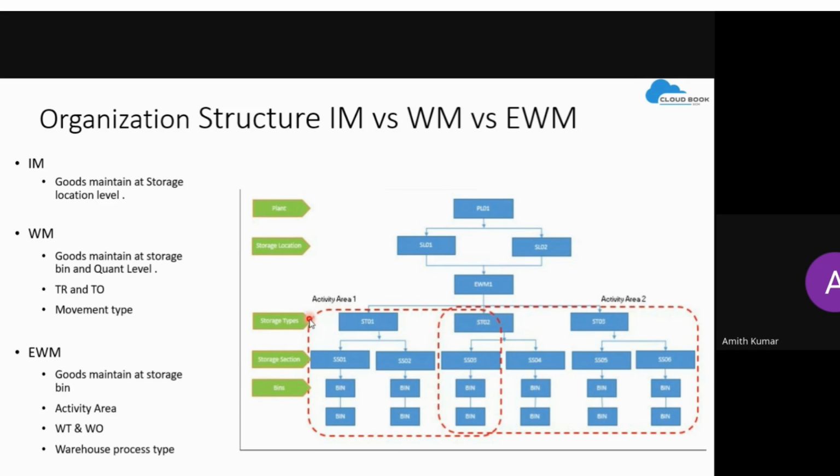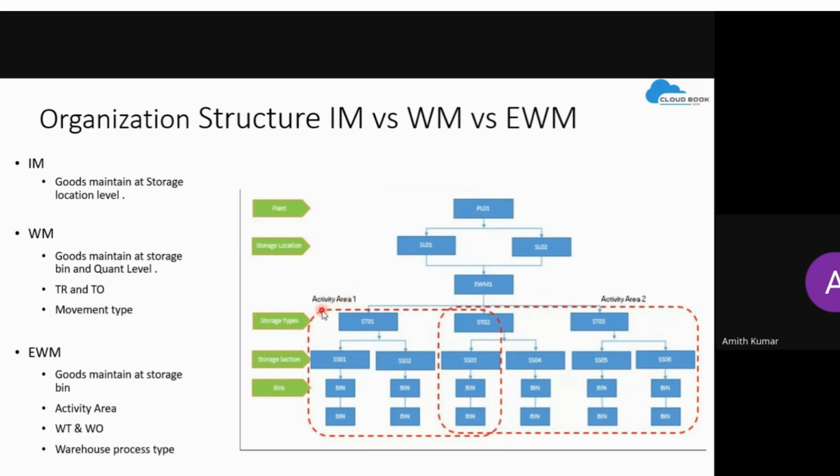So what an activity area basically does is it allows the users to group multiple bins into one area, right? Depending on the activities in our warehouse, we have multiple activities. What activities we have? We have the picking activity. We perform picking, we perform goods receipts, we perform putaway, we perform physical inventory, right? So all these are activities. So depending on these activities we can group the bins. And